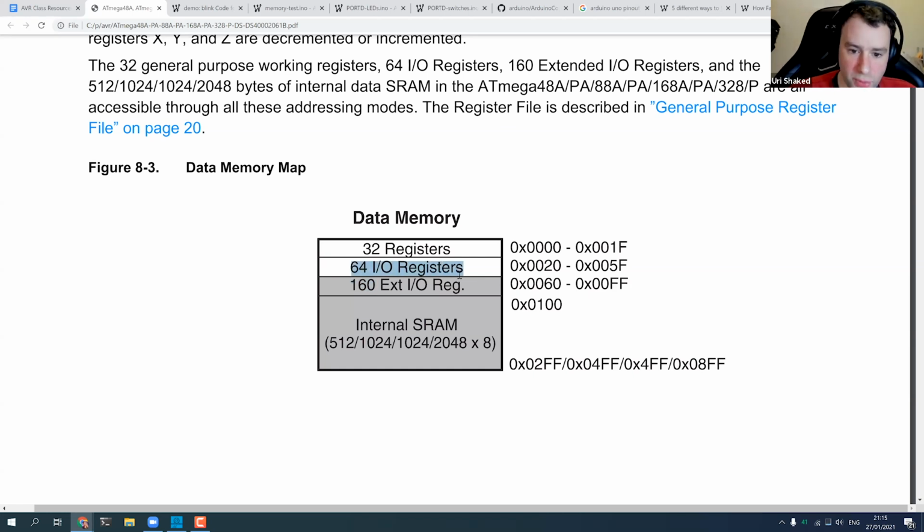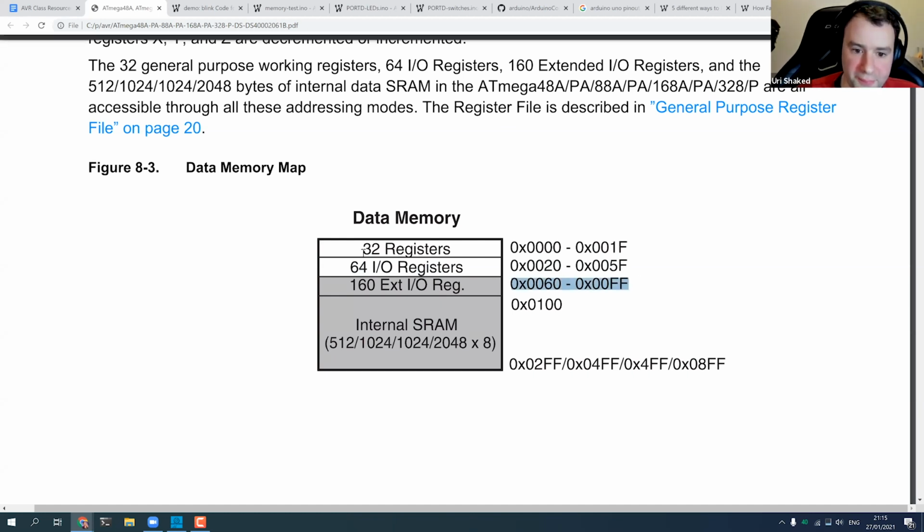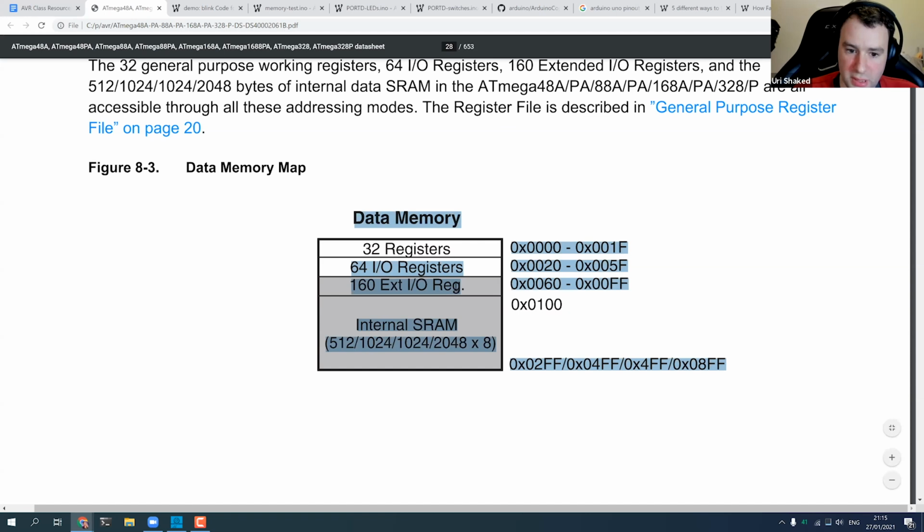These I/O registers let us control the peripherals, like the GPIO ports and things that are part of the microcontroller. So I2C, UART, SPI, they are all controlled by writing and reading from these addresses, either these ones or these ones. And for now, there isn't a big difference for you between the standard and the extended I/O registers.